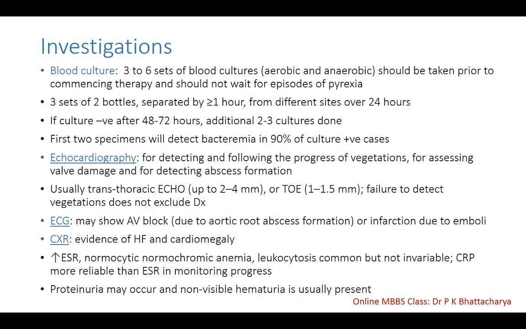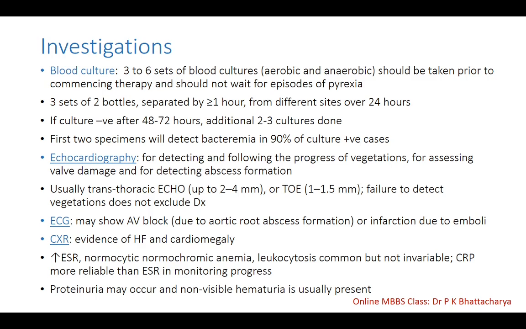So when you start taking the blood cultures, you take 3 sets of 2 bottles of culture vials. Take 1 set at this moment. After 1 hour, you take another, and you take the third one within the 24 hours from 3 different sites. Then,